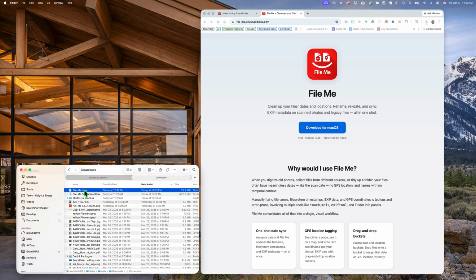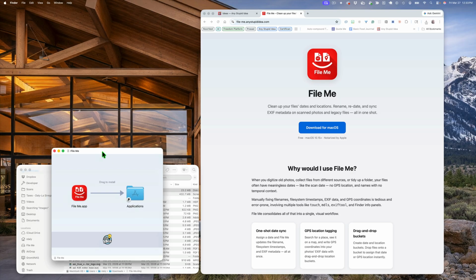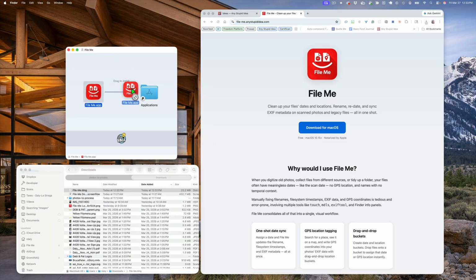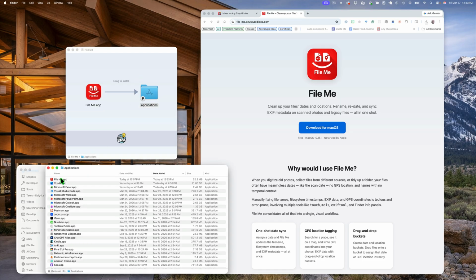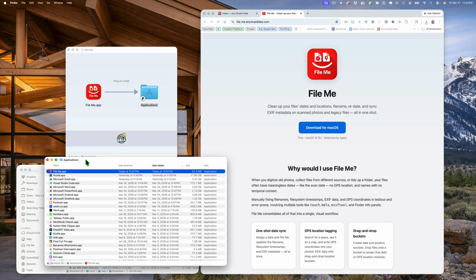There's FileMe.dmg. If you're not familiar with that or haven't installed anything like that before, just double click it, and it should open like that. And you just drag it over to the Applications folder. Oh, there's the copy. So when you go to the Applications folder, there's FileMe.app, and I'm going to go ahead and